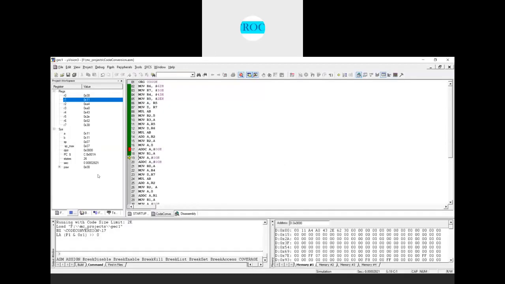To handle that, we have MOV A, #00H here. Next, ADDC A, #00H, right? So R0 is having the highest order 8 bits, the next higher order is stored in R1, the next higher order is stored in this one, and the next higher order is stored in R3.